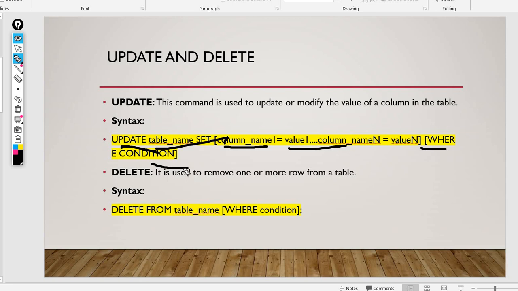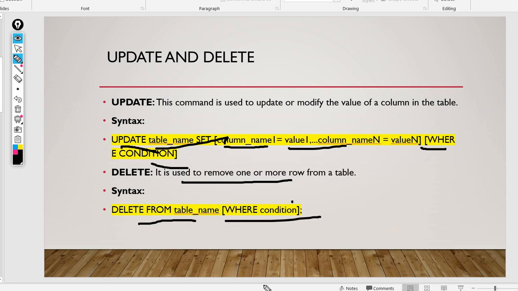Okay, so delete is used to remove one or more rows. Remember, you have to know the difference between drop, delete, and truncate. In delete you can remove one or more rows from a table, like delete from table name where condition.